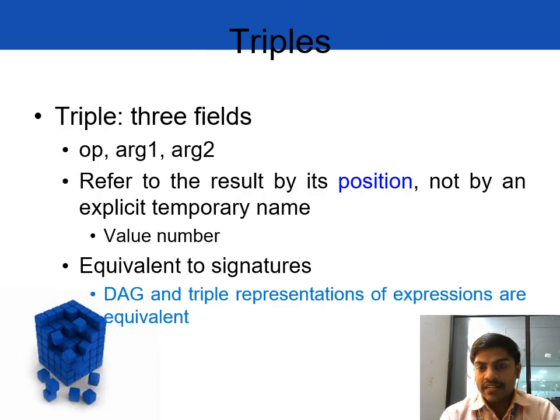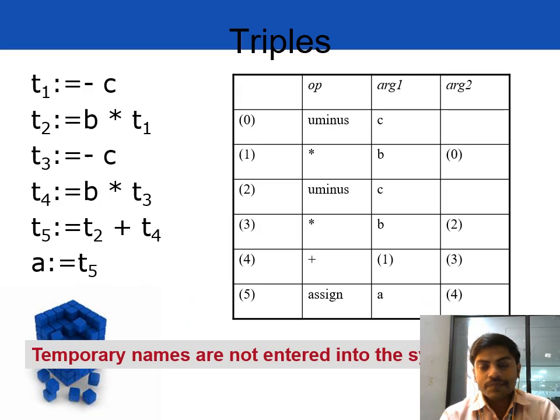Triples, on the other hand, as the name implies, need three fields: operator, argument 1, argument 2, where the result column is ignored. Let us understand how this is tackled. From this slide, we can very well understand the result column is ignored, and somewhere or the other we need to fetch where the result is, because it might be used as the input or argument to the subsequent set of